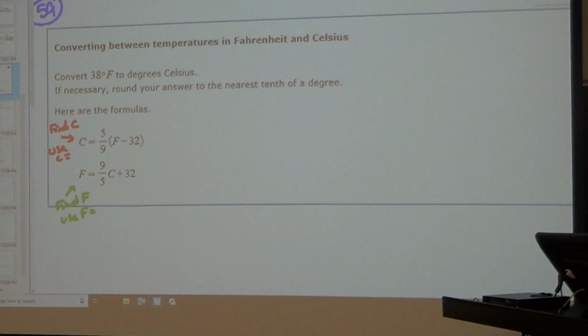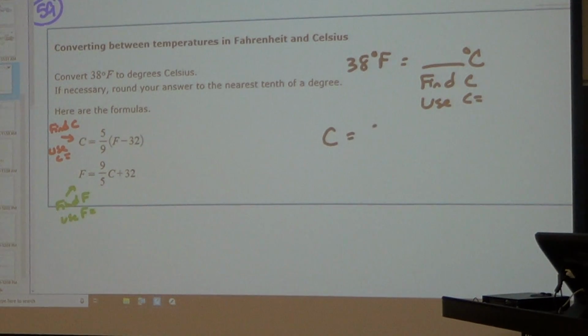So in this problem, it says 38 degrees is what in Celsius? So 38 degrees Fahrenheit is blank degrees Celsius. So are we gonna use the C equals or are we gonna use the F equals? What are we trying to find? We're trying to find C, so we're gonna use the C equals. So the formula is C equals 5/9 parentheses F minus 32. We take our F value and we plug in for F. So it's gonna be 5/9 parentheses